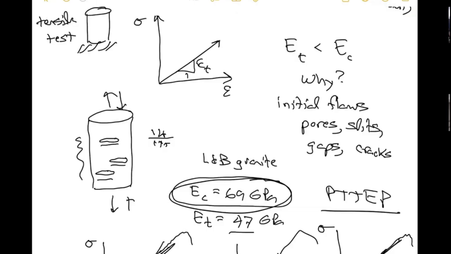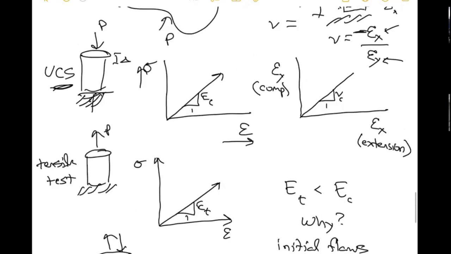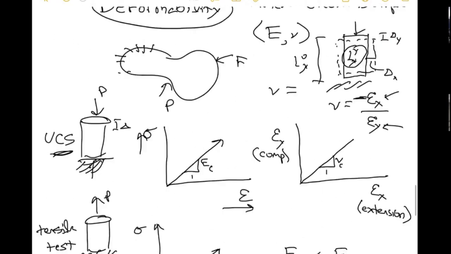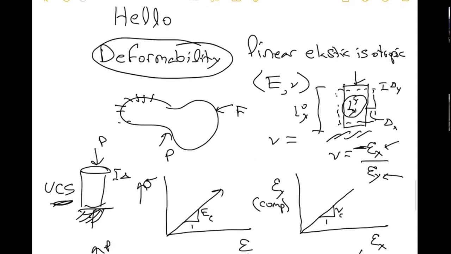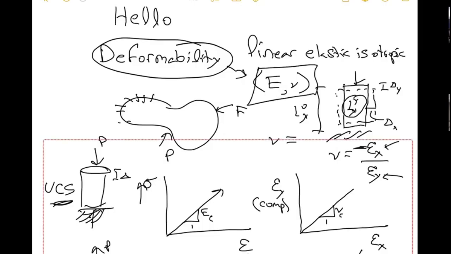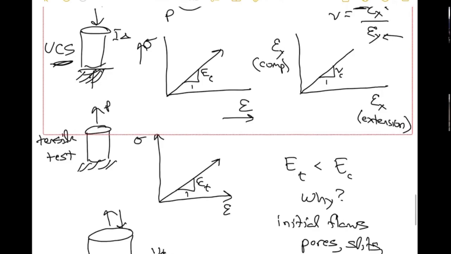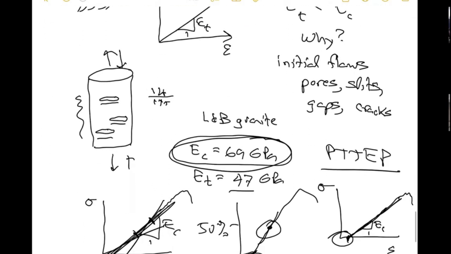In fact, if you squeeze this here, if you start having more and more cracks, it basically makes the thing bulge out more. It's going to increase the Poisson ratio. But let's not worry about that. So, to summarize the formability in the simplest way, a linear elastic isotropic, good. We need two parameters. We do two tests, UCS, direct tensile test. We get these two things.